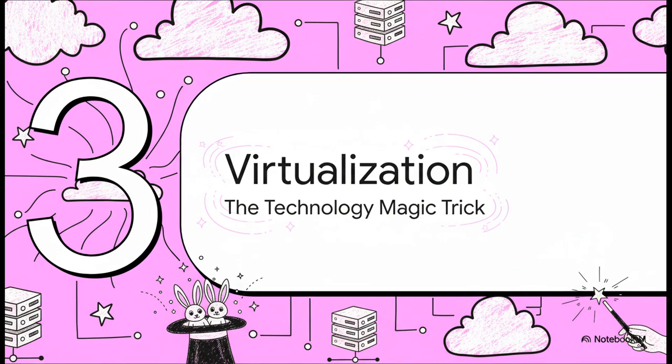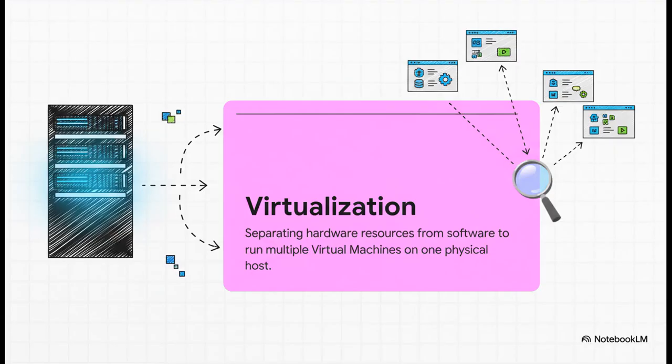But wait a second, how does this even work? How can one giant company give millions of people exactly the computing resources they need exactly when they need them? Well, it all comes down to a really clever technological magic trick. And that magic trick has a name: virtualization. This is, without a doubt, the core technology that makes the cloud possible. The whole idea is to break the connection between your software, like your operating system and your apps, and the physical piece of metal it's running on. And when you do that, you can take one giant, powerful server and slice it up so it acts like a whole bunch of smaller, totally independent servers.